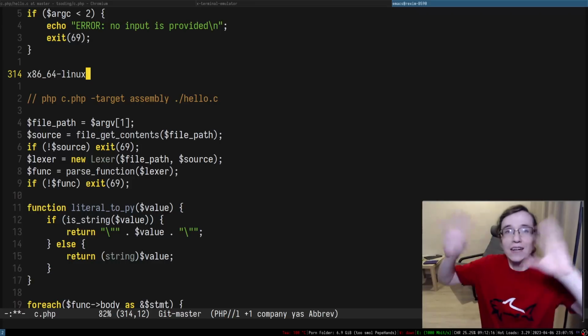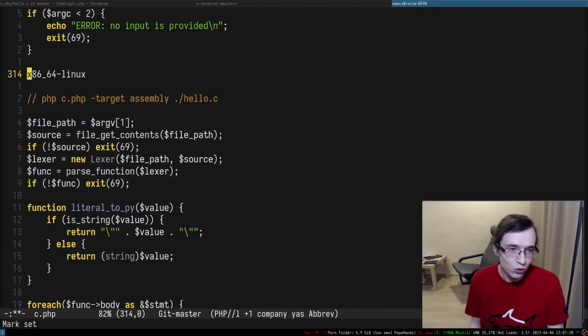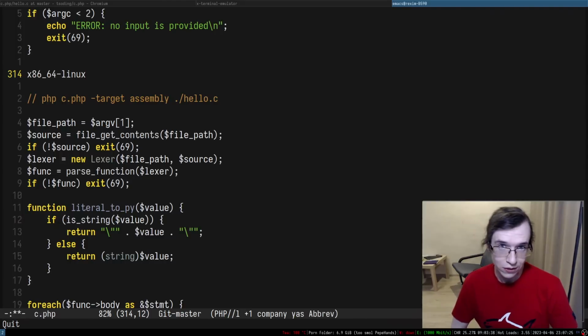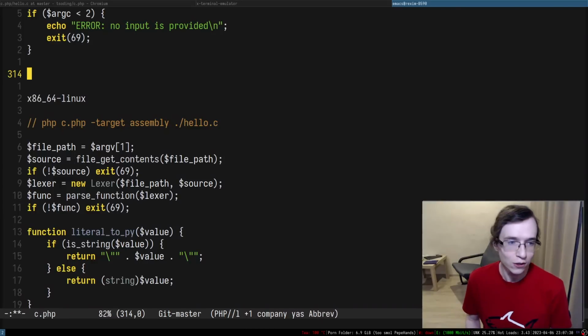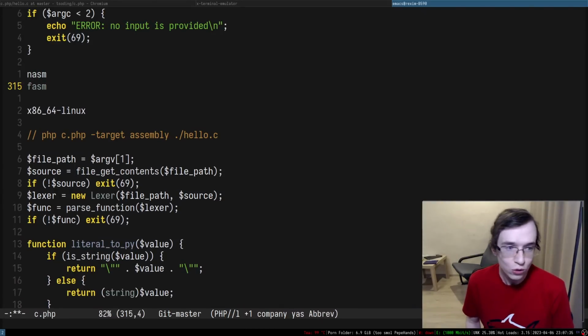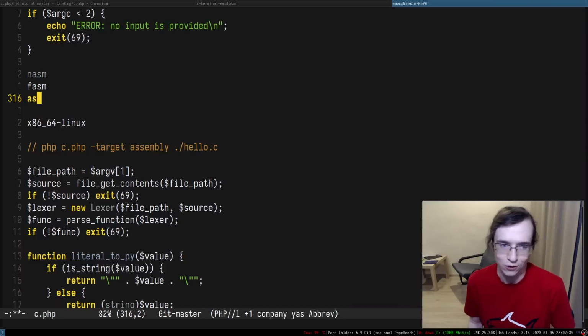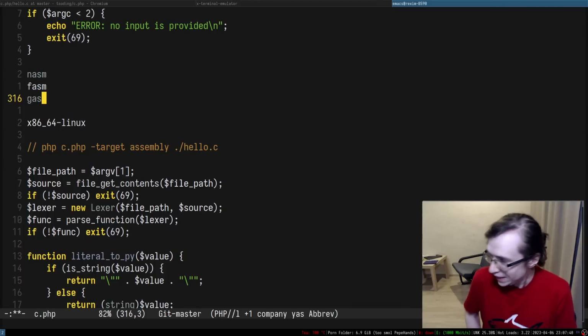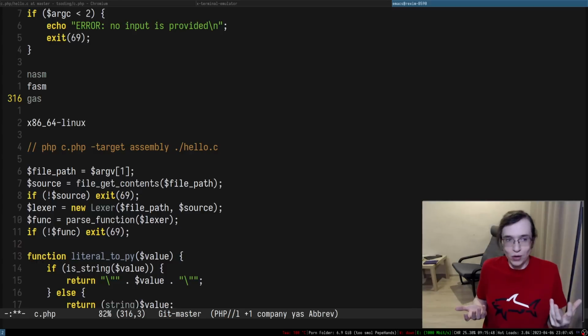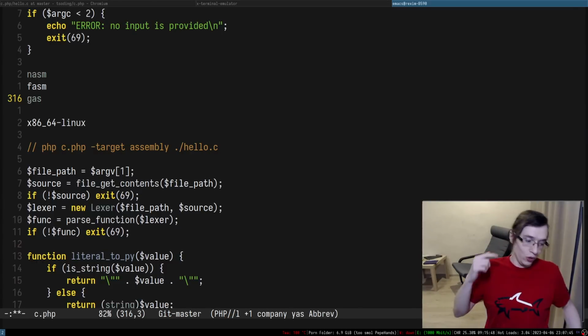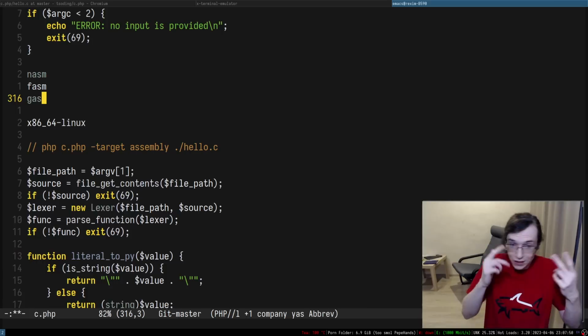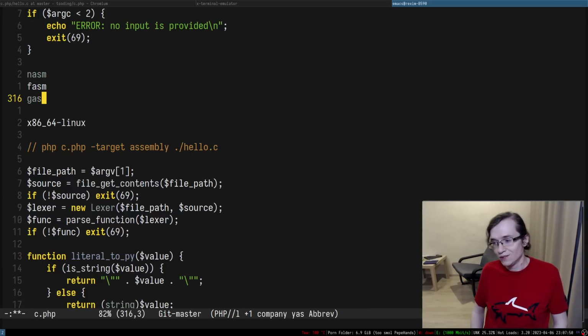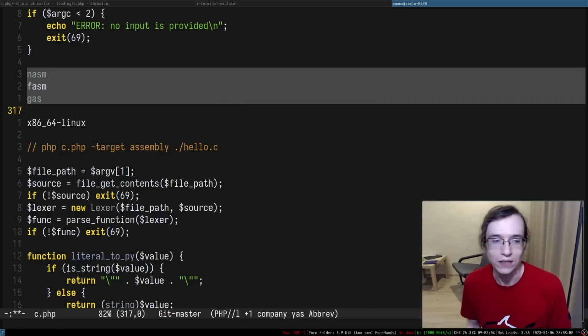Right. So there are different kinds of assemblers with different syntaxes. Even though you're writing your program for Linux on an x86-64 processor, you may write it differently depending on the assembler you're using. So what exactly are you using? Are you using NASM or FASM? Or are you using GNU assembler, which is like AS or something? I think it's called GAS. And they have different syntaxes. Even though you're writing for the same operating system and the same architecture, depending on the assembler, the syntax is going to be different. So it's insane. It's bananas, right?